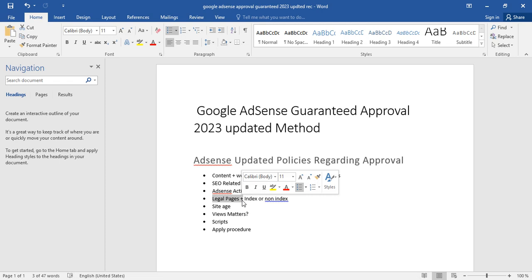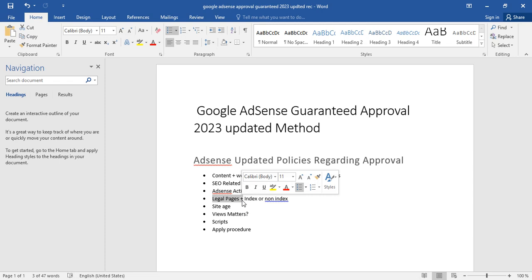Just research about the legal pages. You can write lots of legal pages, but just write the necessary pages like the privacy policy, the terms and conditions, the contact us page, the DMCA page, and the other pages like GDPR and CCPA, which are necessary for Google.